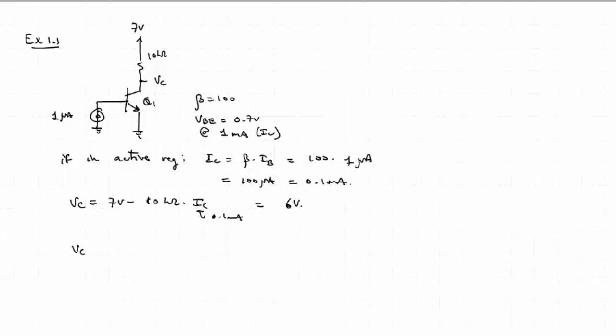Well, since VC equal to 6 volts is greater than VCE sat, which I didn't specify here, I guess I should say VCE sat is 0.2 volts, but we'll assume that if we're not given it, because VCE equals 6 volts and is greater than VCE sat, therefore in active region or mode, and our problem is done. VC is equal to 6 volts, and if we wanted to find VBE,